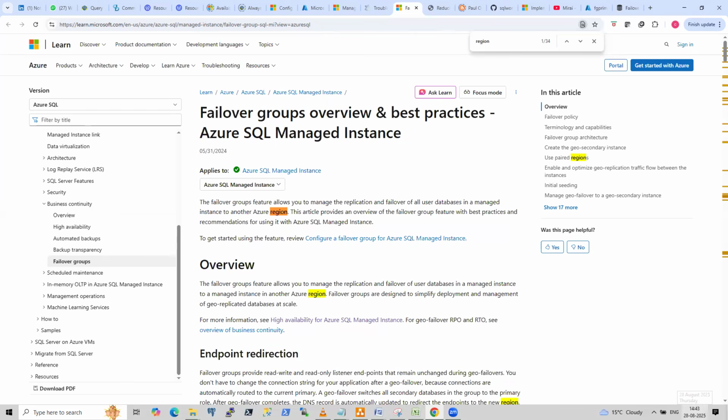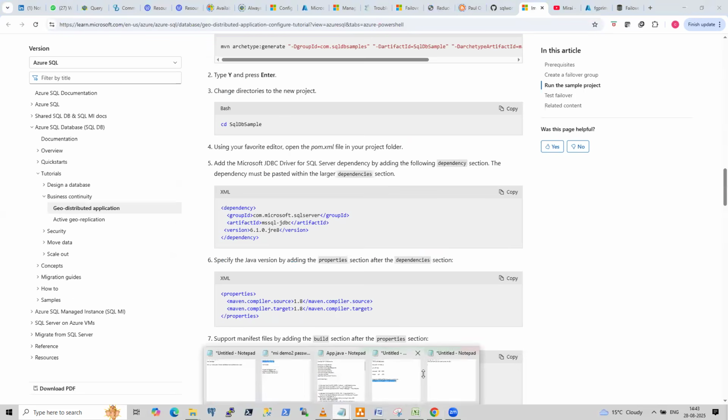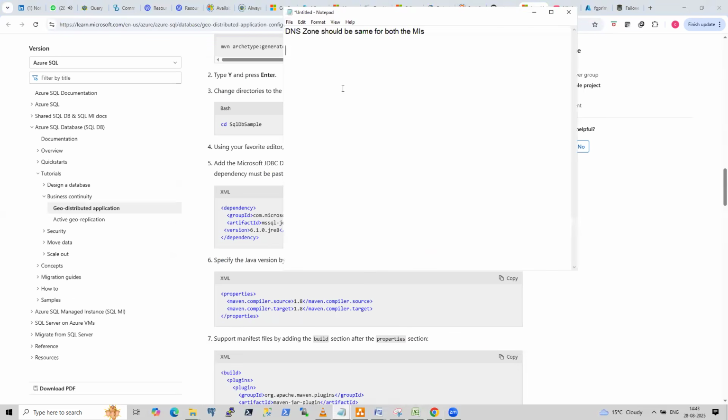Okay, there are a couple of important points. I will write it down. I read somewhere, but I am not able to figure out where that is, but that is again very, very important. So when you are carrying out the failover groups from GUI, if your primary managed instance and secondary managed instance